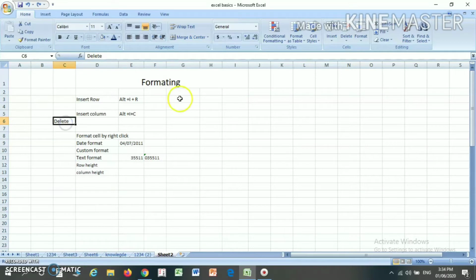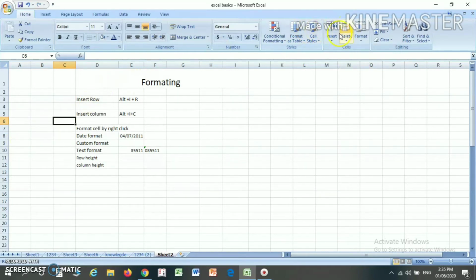Further, you can also delete under the Home tab, here the delete option. Here you will find the delete sheet row. So my row in which data is appearing is deleted. Here you will find row number 6, this is deleted. After that row 7 is blank, and after that format cell is written. Again when I click on this delete sheet row, you will find that the whole row is deleted.